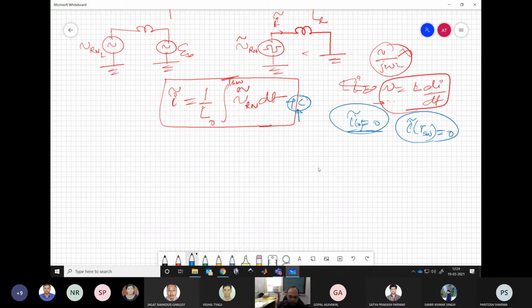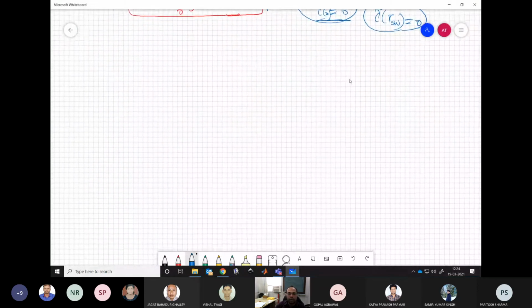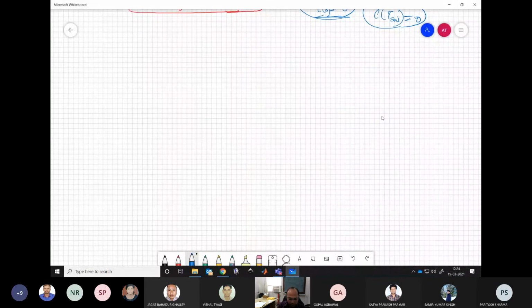Now how do we analyze this for sine triangle PWM? This is what we are going to see over here. We need to know what voltage we are applying and how to translate that to the actual voltage which is useful for analysis. We know a few things that we have already discussed: MR, MY, MB are balanced three-phase modulating signals. So the analysis we are doing is for a three-phase system only.